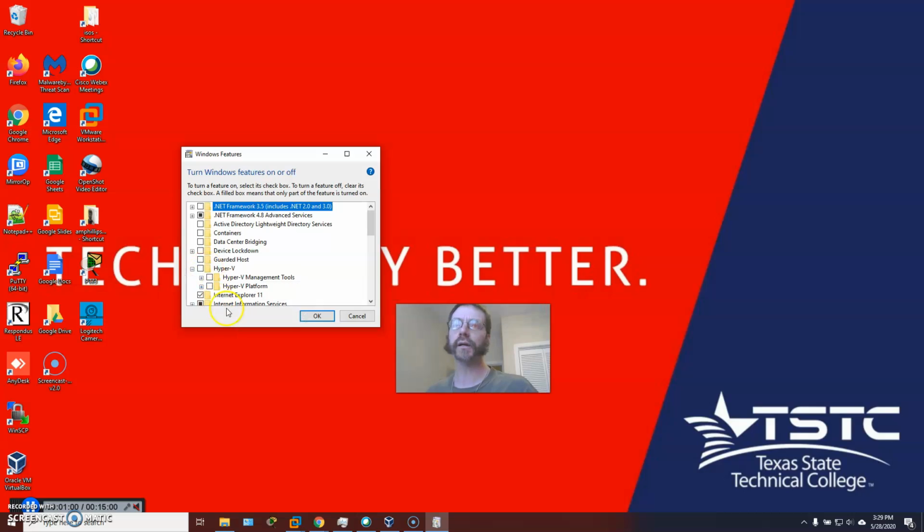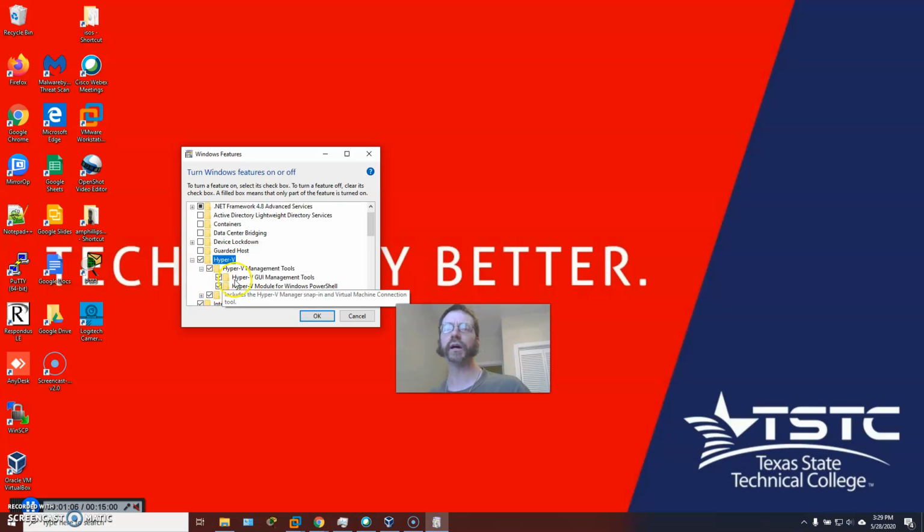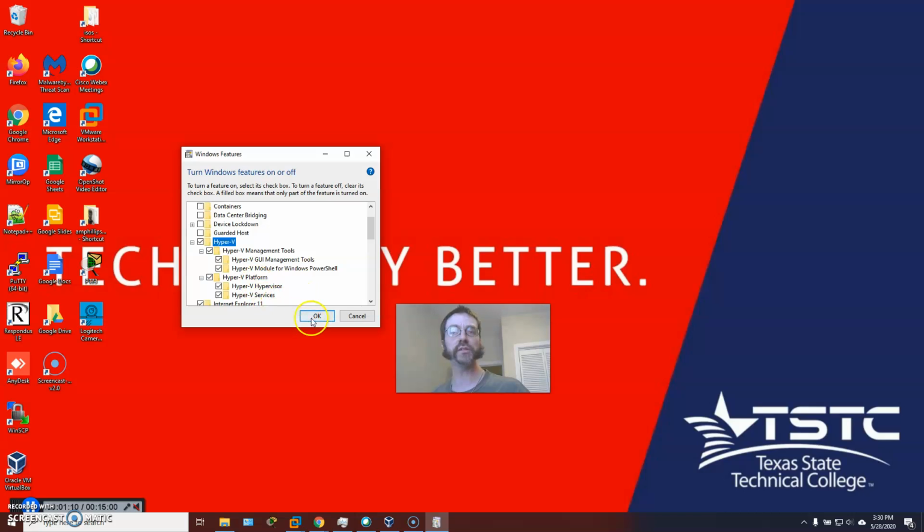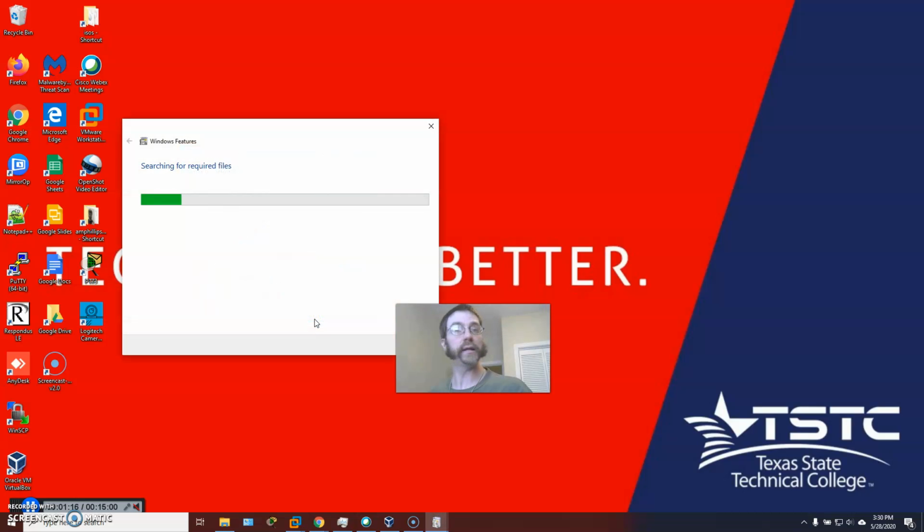What I can do is check Hyper-V. So I've got the management tools, I've got PowerShell, I've got the platform, I've got the services and the hypervisor. I'm going to turn all of it on and let it go. And then once this is good and done, I'll be able to build some VMs